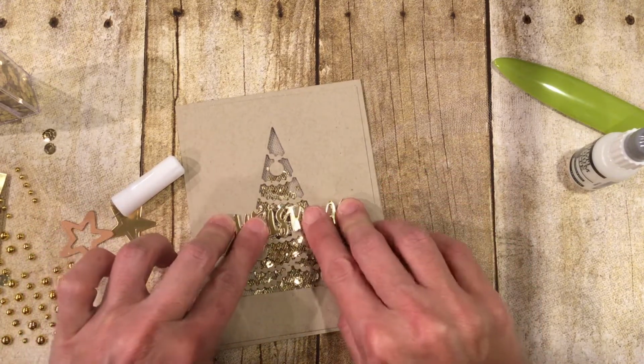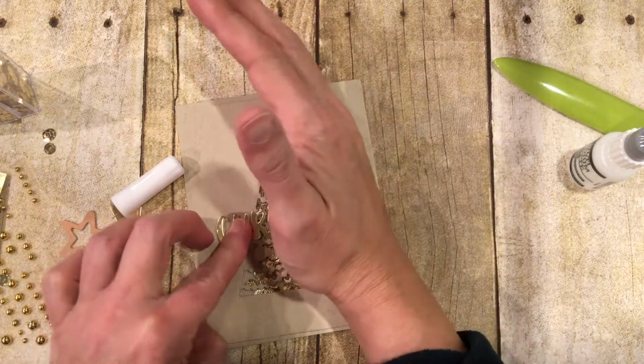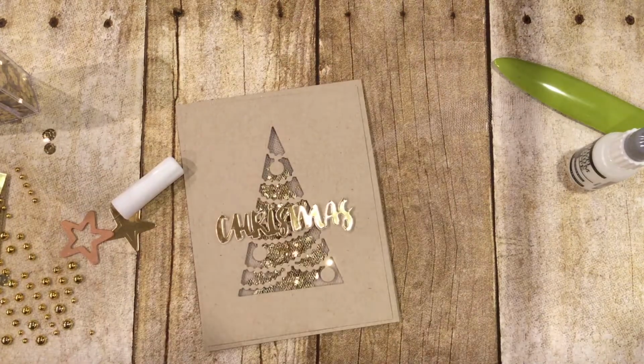And then the last little bit is super, super easy. We're going to put some foam squares on there. So I'm going to hold it down with my fingers. So I have this fun sentiment set